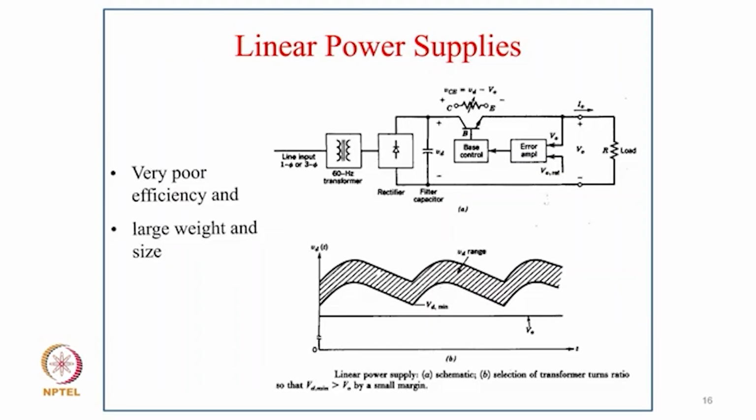The advantage, of course, is that we get a ripple-less and noise-less output voltage. But the disadvantage is that we use a power frequency transformer as well as the transistor as an amplifier, which have very large losses. So you will find a large heat sink, and a large weight and size. You might have seen linear power supplies in the laboratory environment, which are quite heavy. Even a 30 to 60 watt power supply weighs around 5 to 6 kg. This is normally only up to the laboratory level, and in practical application the efficiency is 30 to 40%.